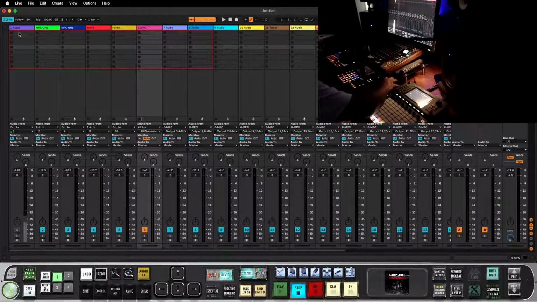You got that Ableton Link turned on. See right there, mine has two links on there because that's going to be the MPC One and the Akai Force. They're both in standalone. The only thing that's in computer mode is the MPC Live, and the MPC One and Force are going to be in standalone. So once you get the Force into Ableton Live control mode,